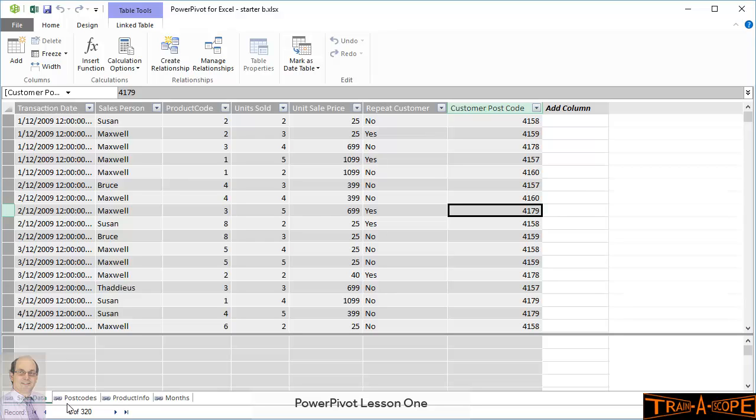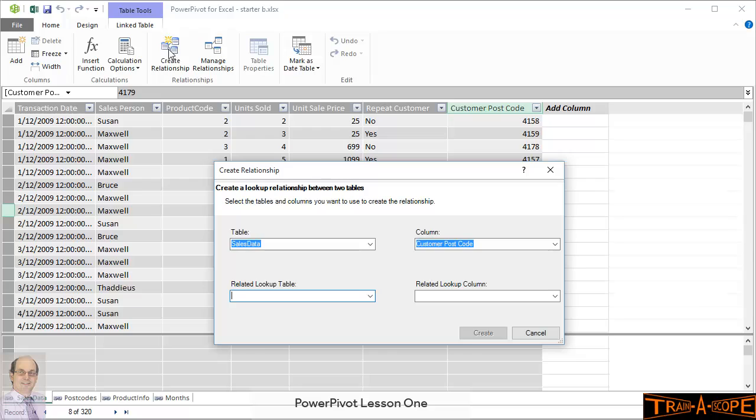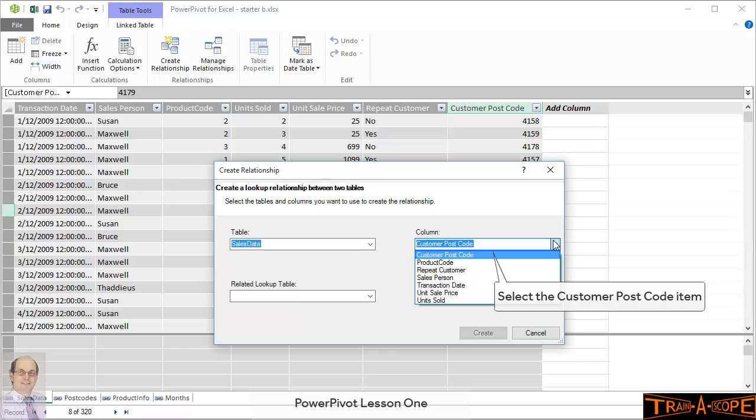Now there are two ways to do this. So method number 1: I'm in my Power Pivot view. I'm going up to create relationship, and I'm on my sales table, so it's looking at the sales data. I need to look for what's the key that I'm working with here between the different tables. Now I want to relate